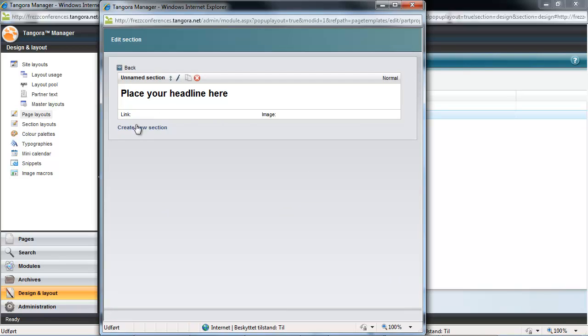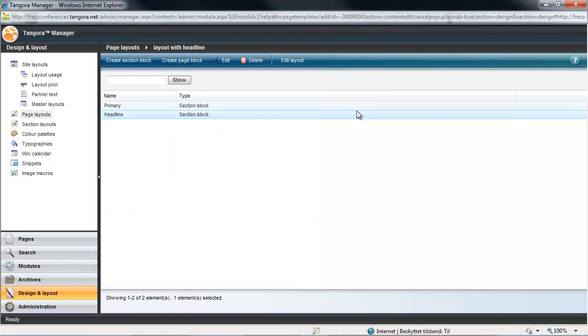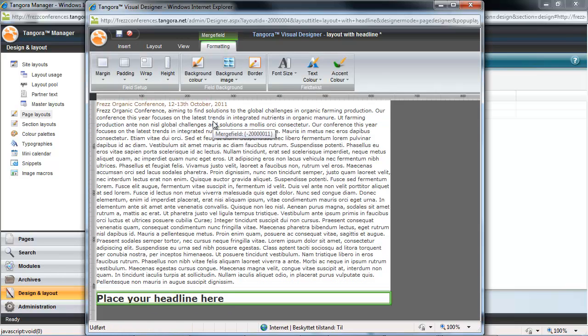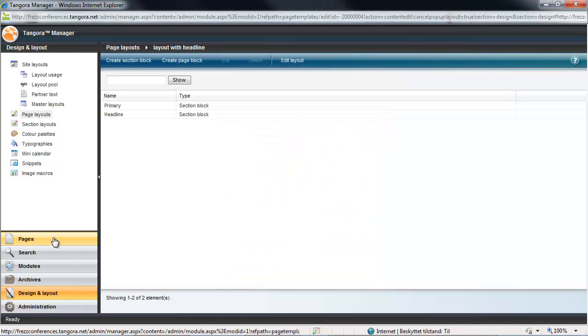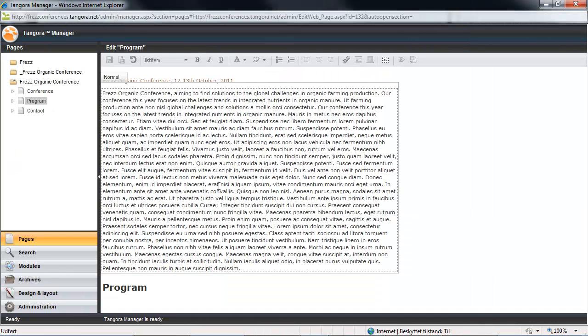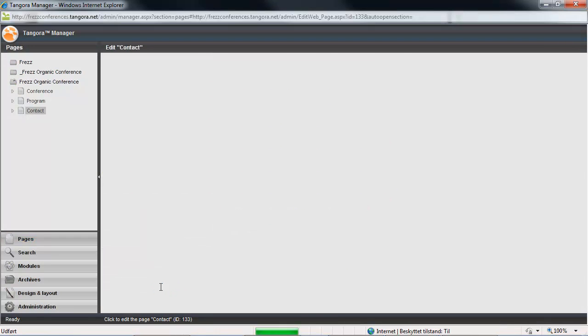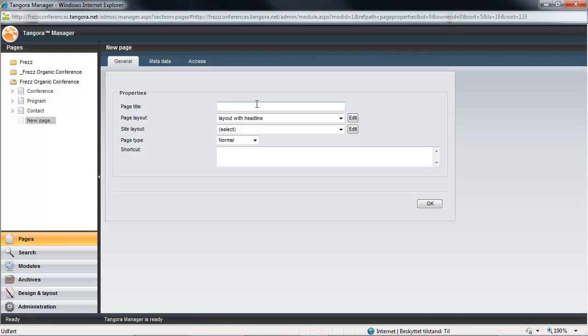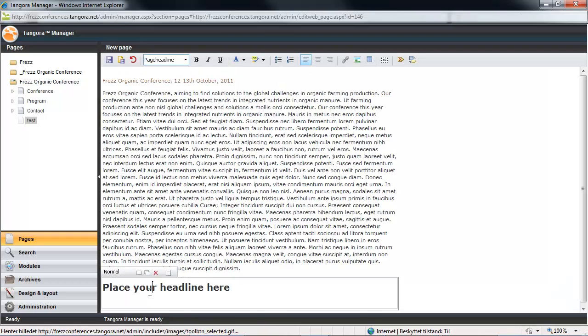Before I leave, I want to point out that you can, in the context of a section block, add several sections. Now I'm going to tweak the layout. Just for demonstration purposes, I'm going to put the headline below my body text, and then I'll save, and the changes will immediately be applied to all relevant pages, in contrast to site layouts where there is a distinct Publish option. Now, when we look at our pages, we can see that the position of the headline has changed, but the text has remained the same. Only on new pages will the changes to my dummy text come into effect, and this is just a measure to ensure that your actual content doesn't get overwritten.